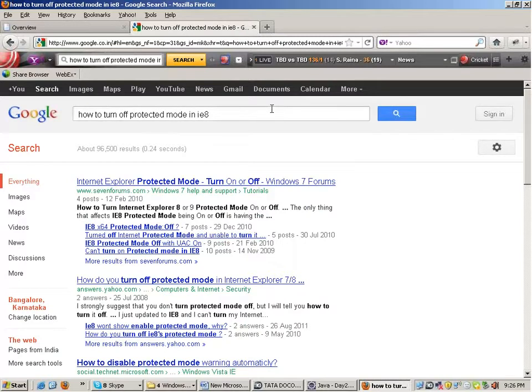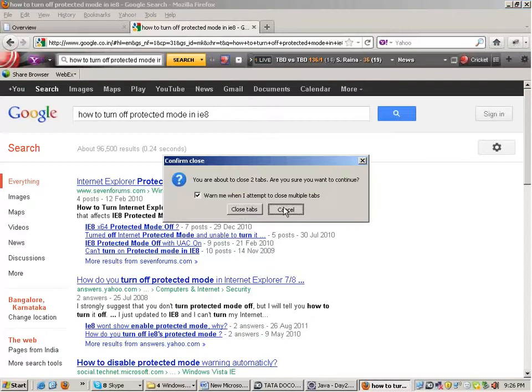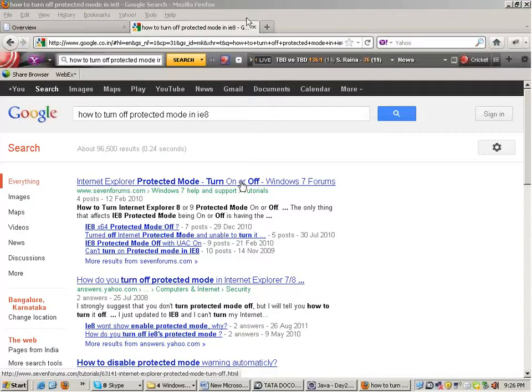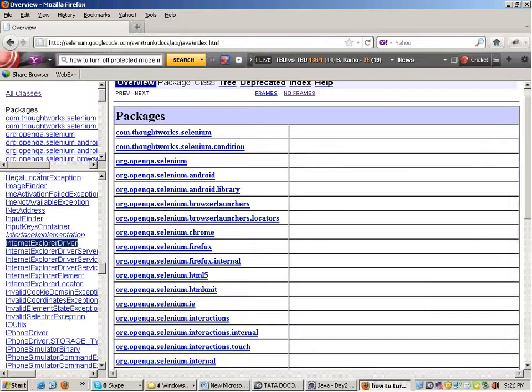It has to be at the same level. But I give advice to everybody: keep it off. You can just read the instructions. Turn it off. Only then will Selenium open a browser, that is the IE browser, on your machine if you are working with IE7 or IE8. Just read this, how to turn off the protected mode.